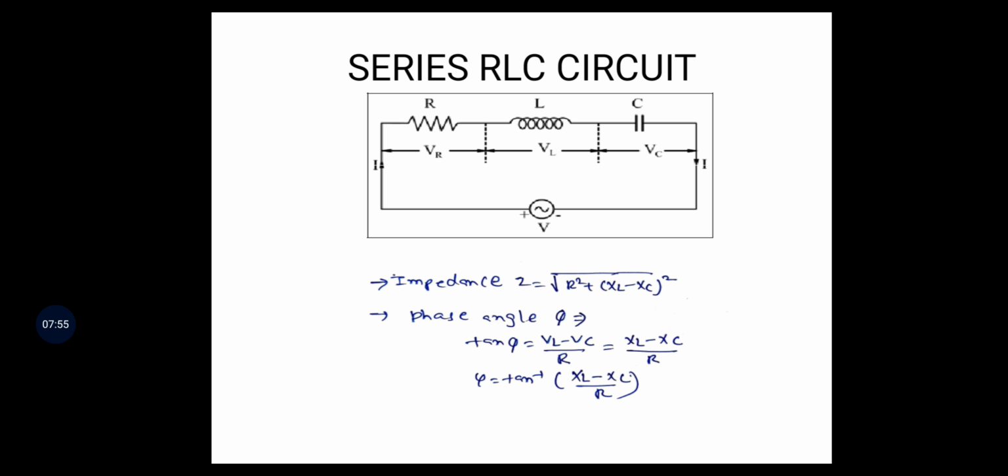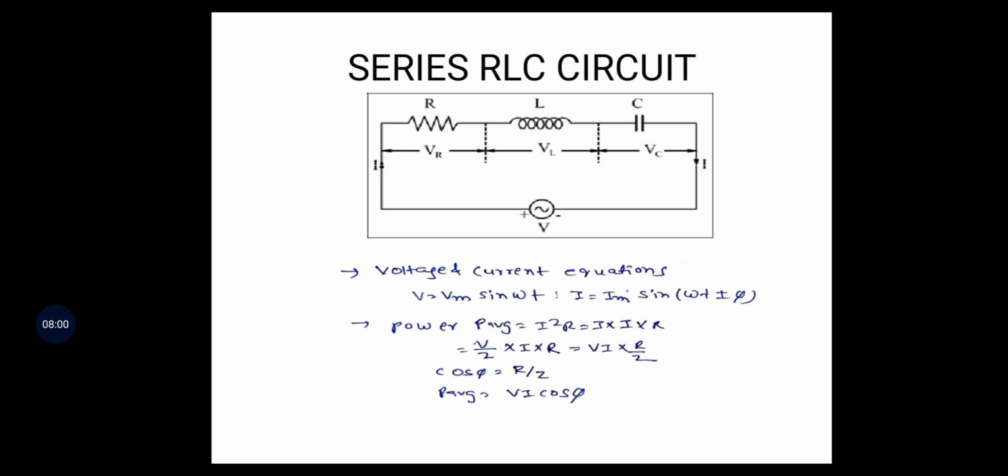Next, let us go through the series RLC circuit voltage and current equations. Here the voltage, as we have already discussed, is V equal to Vm sin omega t. Then the current I equal to Im sin (omega t plus or minus phi). The plus or minus phi is because